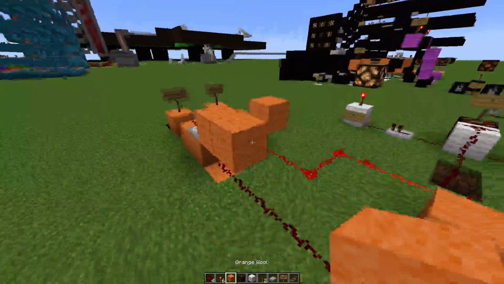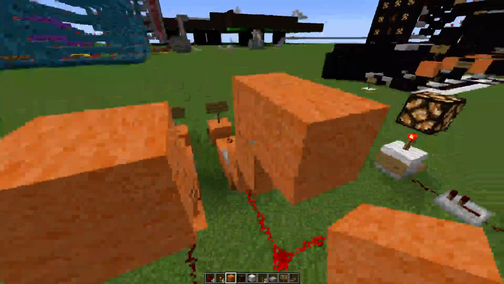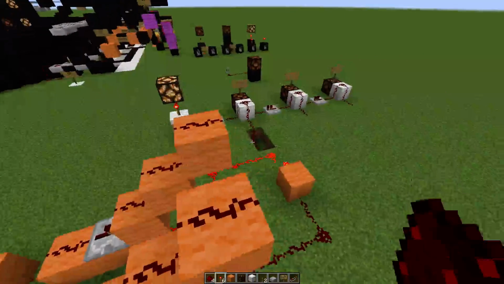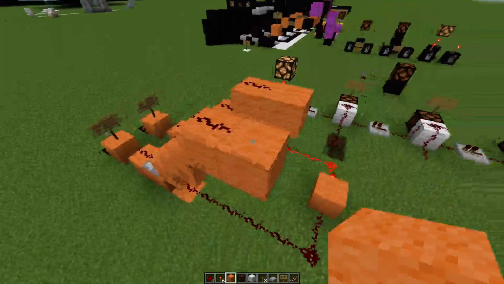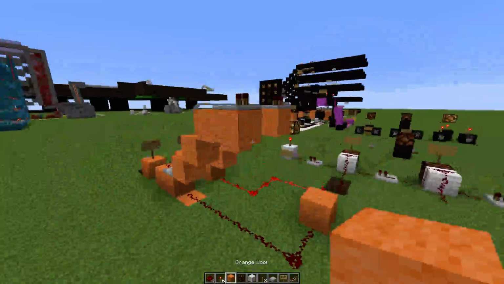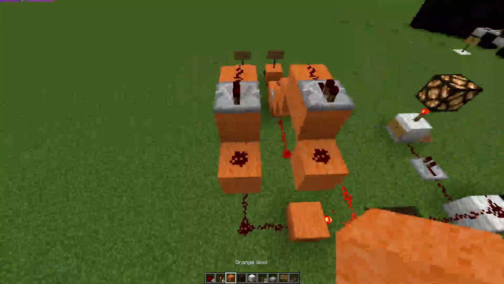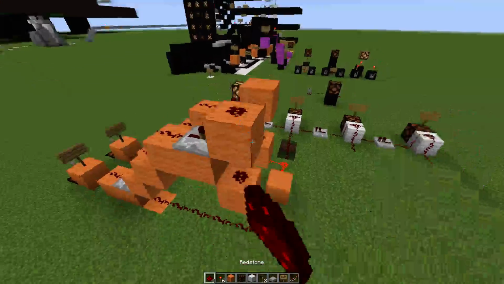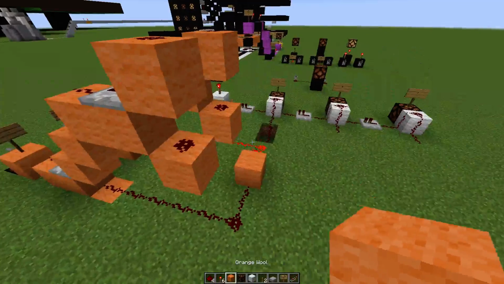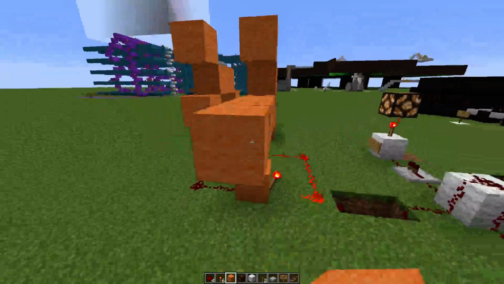Let's move this up and get started on the logic for 2. What we want to do here is the same as before. We're going to use a redstone repeater. Go over here. Put these 2 redstone signals down, and then carry the signal over to the next operation. What we want to do here is pretty much the exact same thing as 1,